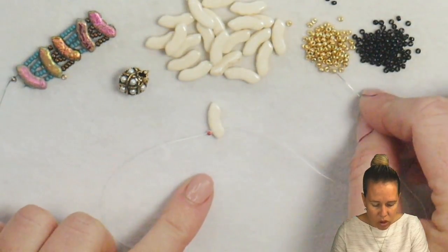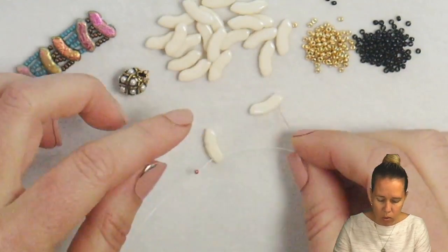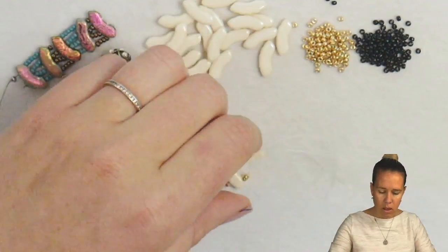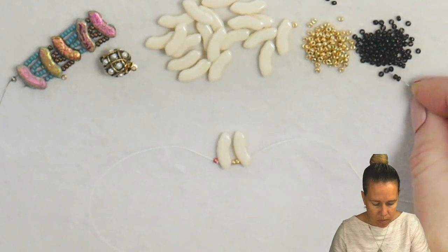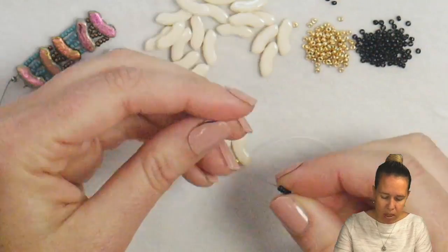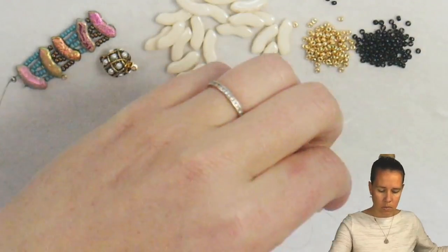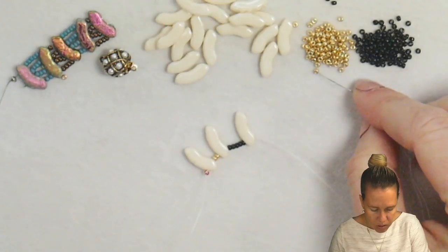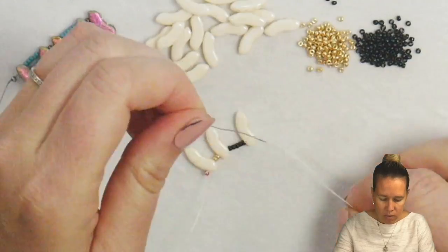To begin, I want to start with 2 gold beads and then pick up my next quad bow going in the same direction. After the 2 gold beads, I'm going to pick up 5 of my jet colored beads. Once I pick up those 5, I pick up another quad bow bead. And then I repeat over and over. 2 gold, next quad bow. 5 jet,